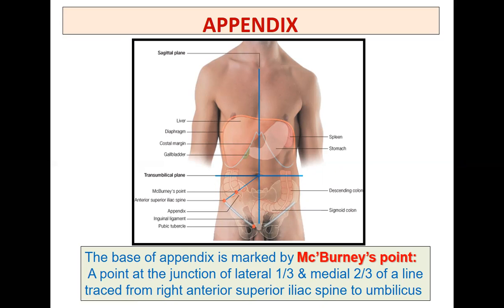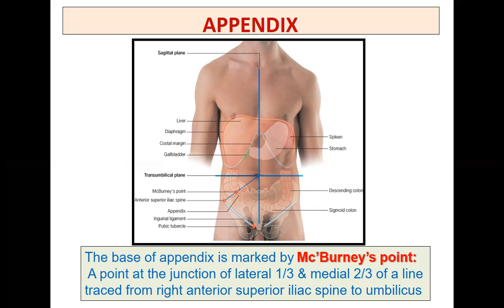If there is appendicitis, as I said, it is notorious for infections, especially in the teenage group. Whenever there is infection and you are supposed to remove the appendix, it is very difficult to trace this structure because it has a mesentery. It keeps on moving. So you have to know the base where it is attached. It is attached to the cecum. So how do you ligate this so that you can trace the appendix itself? You have to trace it at the base.